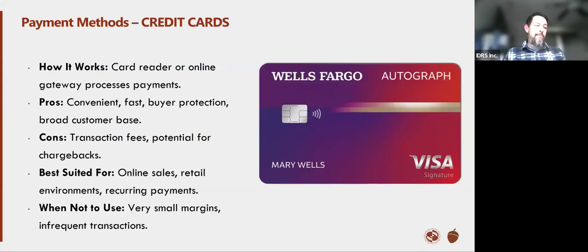So the next form of payment, and this is the most popular form of payment, of course, is credit cards, right? And credit cards are huge. I think most of us, we know what credit cards are. Most of us have credit cards and use credit cards on a regular basis, right? So as we're going to accept credit cards, because everybody wants to pay with it, I shouldn't say everybody. A lot of people want to pay with it. What we have to be thinking about is how are we going to accept credit cards? And we're going to talk about online payments. There's a lot of online payments mentioned here as online payment gateway, but really what we need is some form